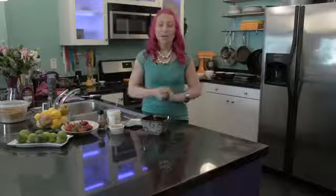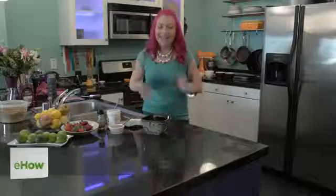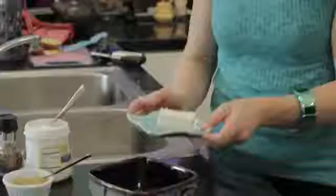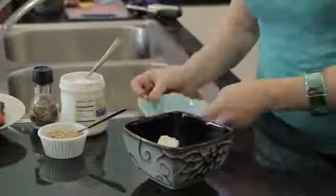Mariko. Today I'm going to show you how to make a fruit dip with brown sugar, cream cheese, and whipped marshmallows. To get started, you'll want a microwave-safe dish, and then you're going to add 3 ounces of cream cheese,